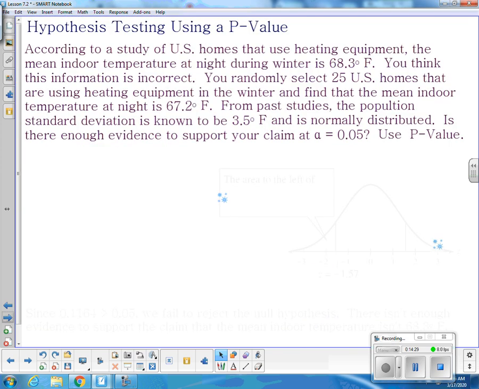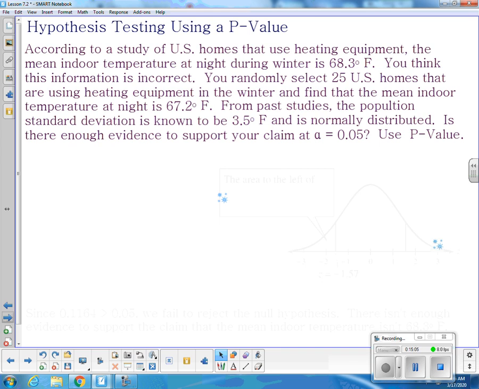According to a study of U.S. homes that use heating equipment, the mean indoor temperature at night during winter is 68.3 degrees Fahrenheit. You think this information is incorrect. So you randomly select 25 U.S. homes that are using heating equipment in the winter and find the mean indoor temperature at night is 67.2. So can you just say, oh, I think you're lying because mine's lower than yours? No, let's check it. So from past studies, the population standard deviation is known to be 3.5 degrees Fahrenheit and normally distributed. Is there enough evidence to support your claim at a 5% significance level? Okay,